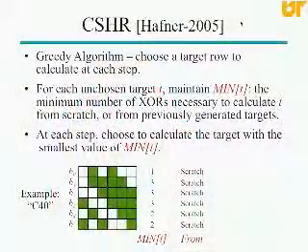So it's his algorithm, but it really is a simple algorithm. All it is, it's a greedy algorithm, and it says, all right, what I'm going to do is I'm going to keep track of the number of XORs it's going to take for me to calculate each one of these target rows. And that's going to start with the number of ones in the matrix. And then I'm going to choose the one that's the smallest, and I'm going to calculate that one first. Once I calculate it, I now have an alternative for each other row: I can either calculate that row just from the data, or I can start from this new product, and I can XOR things out of it and into it, and maybe that's going to improve the number of XORs that I have. Okay? So I'll give an example.